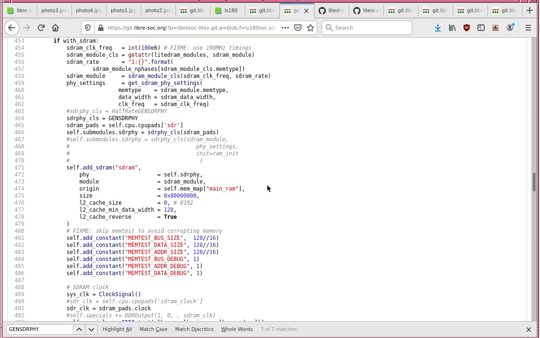You pass one of the set of I/O pads. Here you go, CPU pads. So that's for the DRAM. So you pass the CPU pads to the DRAM PHY,